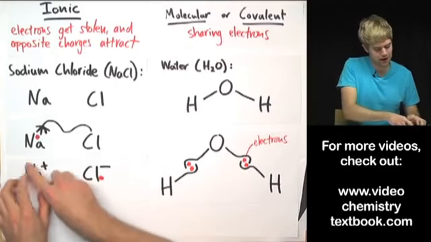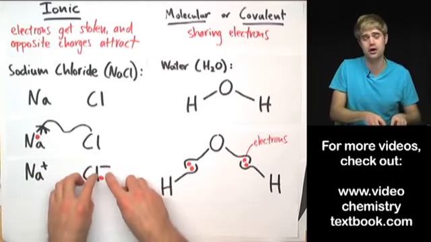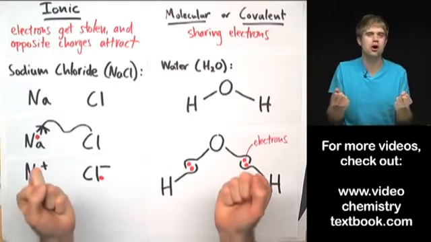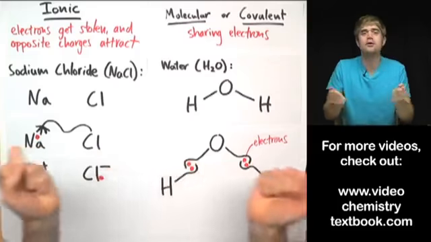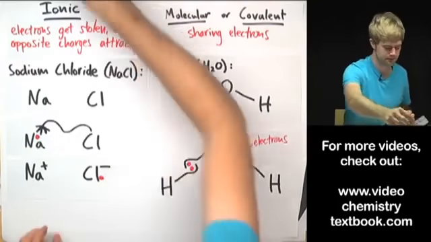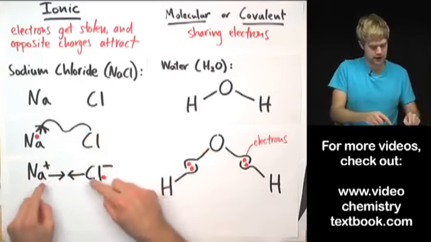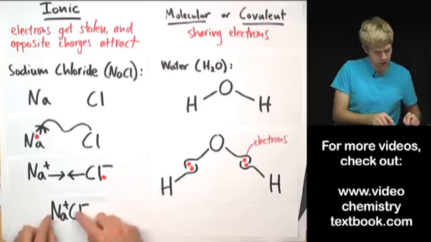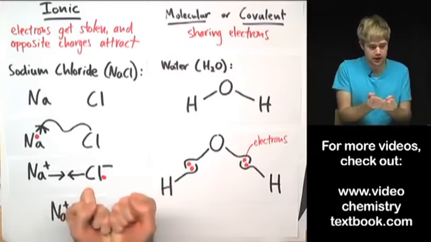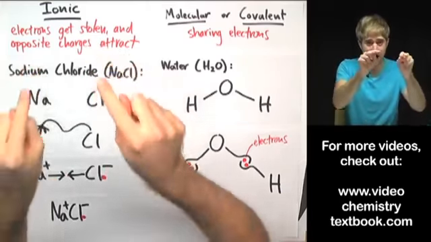So now we have a positively charged ion here and another negatively charged ion here. What do opposite charged things like to do? They like to come together. They stick together. They're attracted to each other just like magnets. So now we have a positively charged thing and a negatively charged thing. These arrows show how they're going to come together. And we end up with the two atoms stuck together because they're oppositely charged, and that's what holds ionic compounds